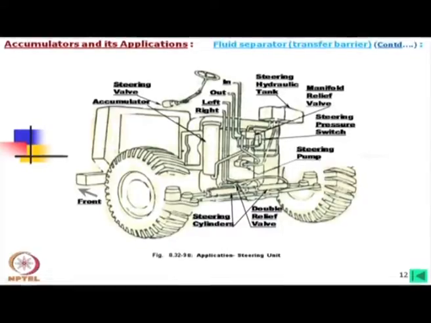Okay. And we find that the steering pump is here, the steering pressure switch is here, the manifold relief valve is here, and the steering hydraulic tank is there. Now, this is a circuit, it is not very clear, but in, out, left and right,